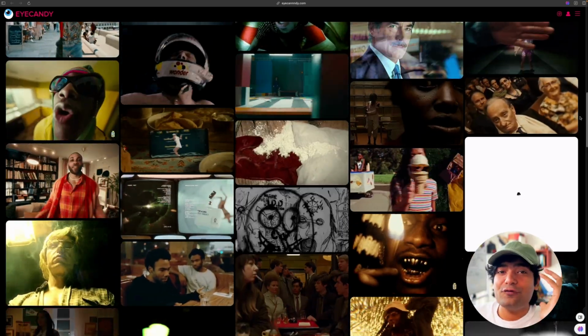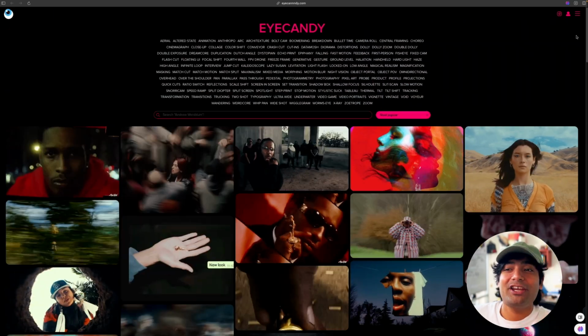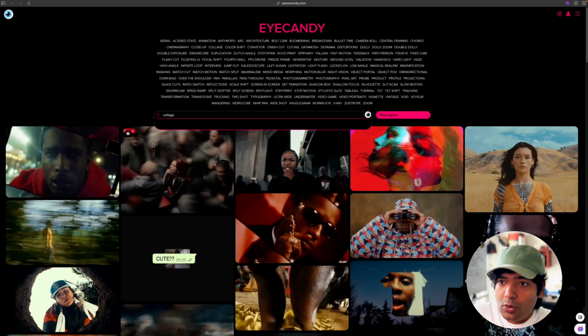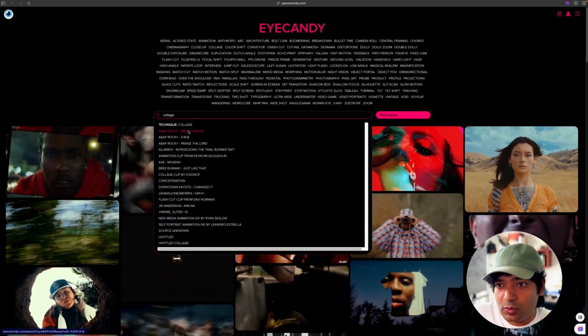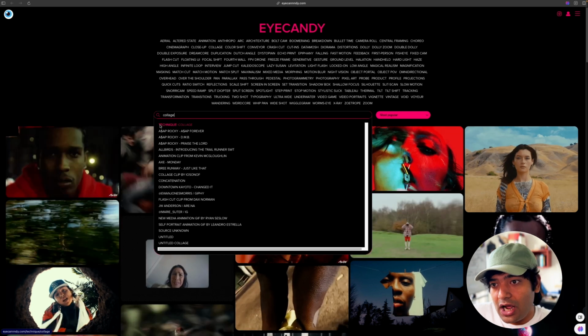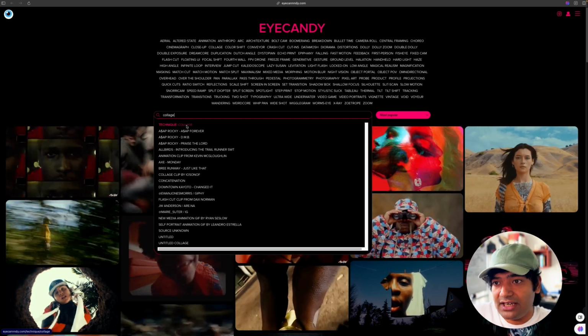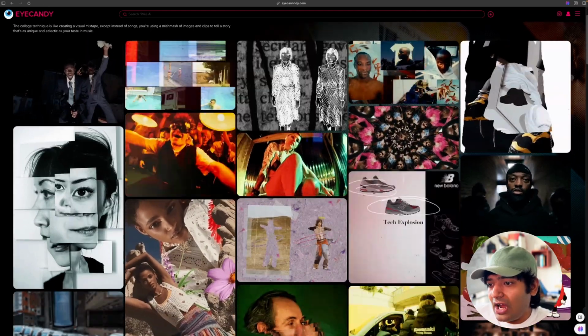And what's really cool for collage style videos is that they have a great collage category on their website. You can also go into the search bar and just type collage, where you will find all the different collage projects. The very first one, which says technique:collage, is the main collage page, where all the projects are curated, and these are fresh and